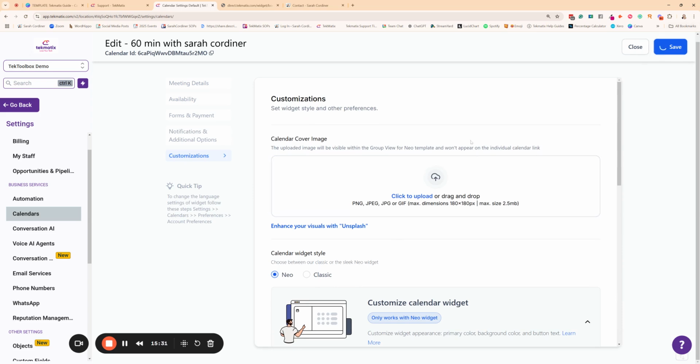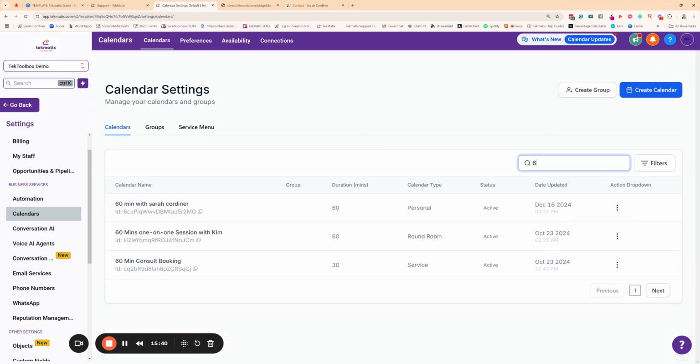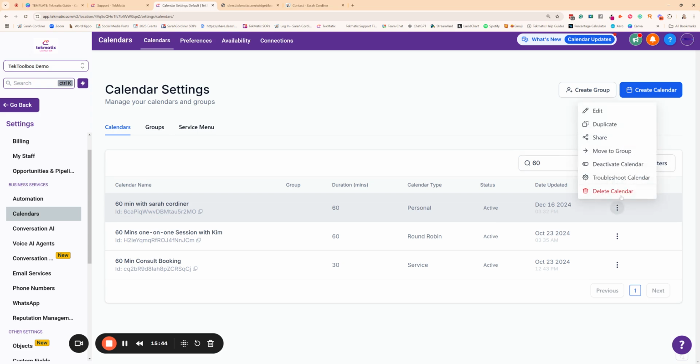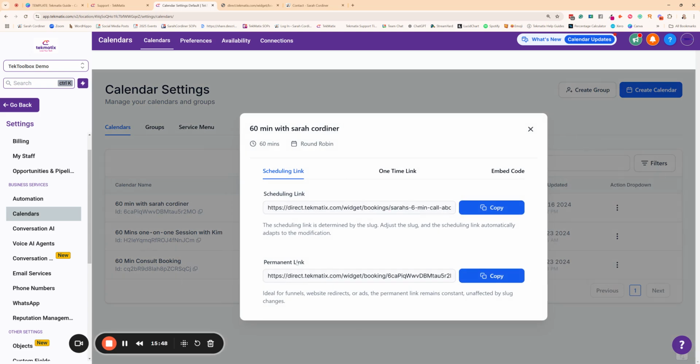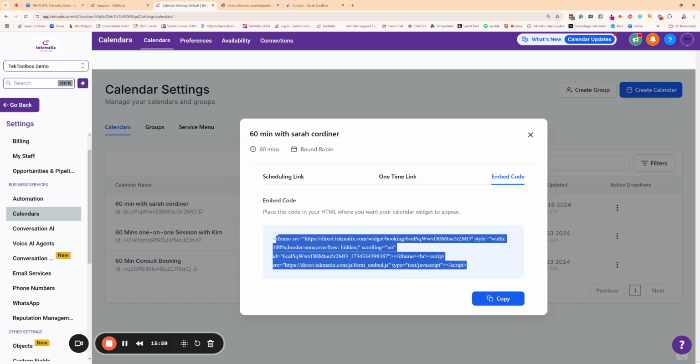Now, once you've created your calendar and you've got it looking exactly how you want, so you see there was colors as well. I can change that to whatever color I like. Now, how do you actually share that calendar? So here, if I go back and find that 60-minute calendar appointment, I can grab the share link right there. And I always recommend you pick the permanent link. That is now the link I can go and share with people. It's the link I can stick on a button. Or I can go over here and grab the embed code,